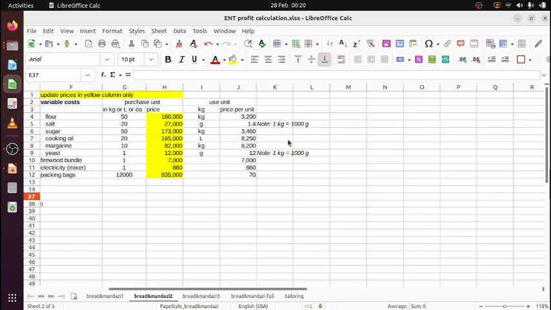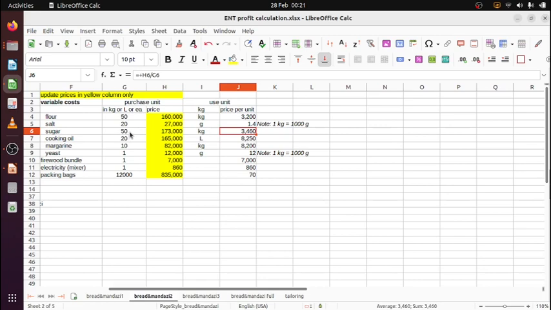And then, since we work in the recipes with kgs and liters, and grams for the salt and the yeast, we calculate the price per unit. For instance, for flour, I buy a bag of 160k, it's a 50 kg bag, so H4 divided by G4 gives you the price per kg. For sugar the same,